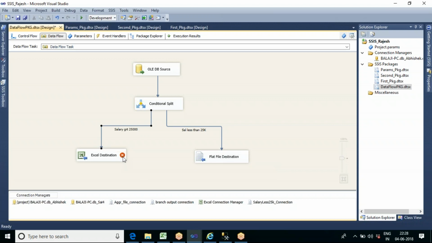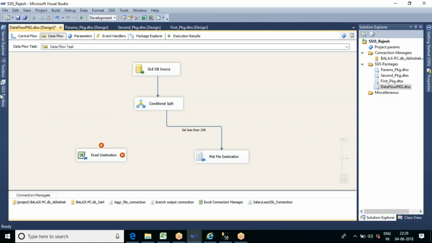Employee name is DT_STR, and it is asking us to convert into Unicode format, to convert into NVARCHAR type. Right now it is coming as varchar type. It has to be converted into NVARCHAR type. How to do that? In order to do that, what we have to do is,